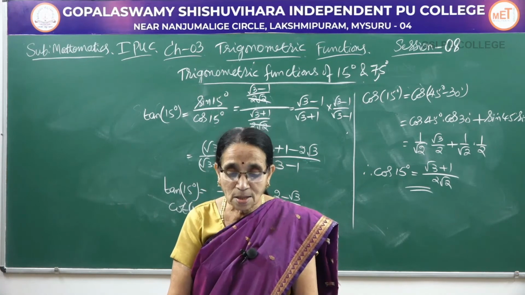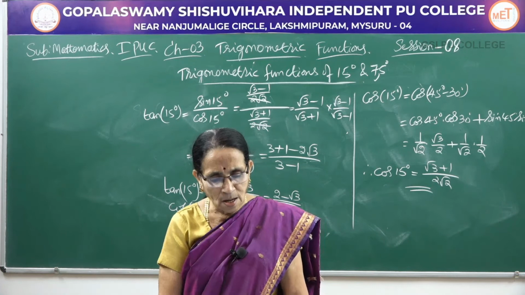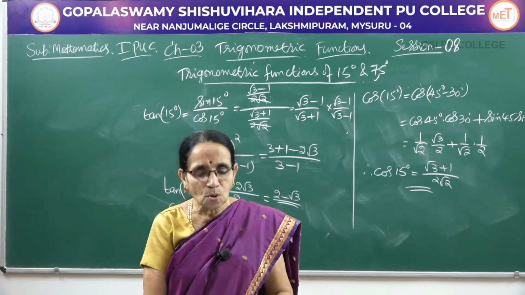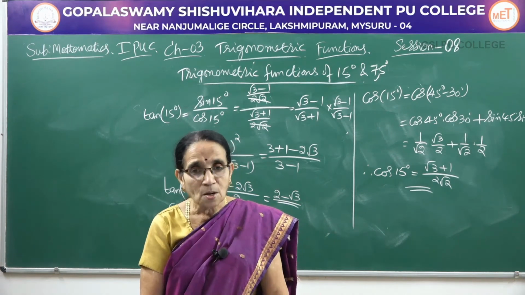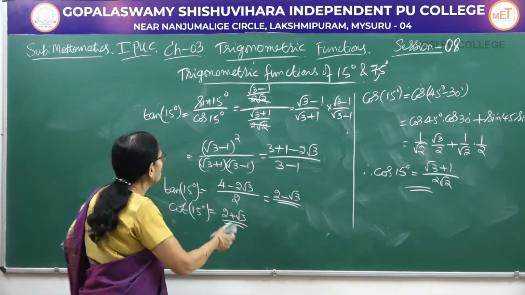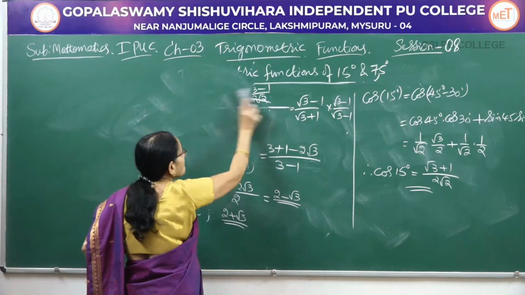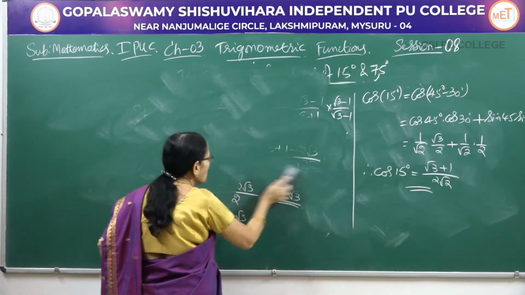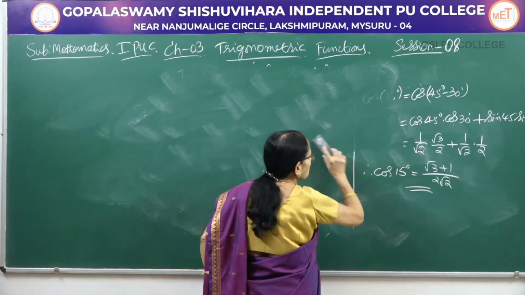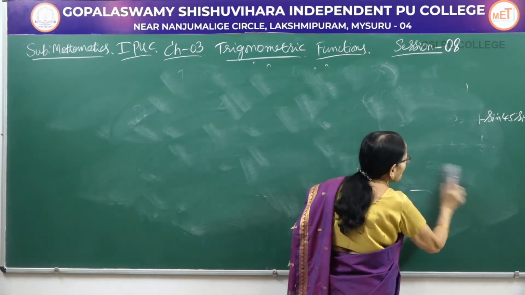So this is how you can expect all these problems for a 2-mark question, whether it is 75 degrees or 15 degrees. So using the compound angle formula, we can get the values of any particular ratio of a particular angle. For the derivation of cos of x plus y, it is asked as a 5 or 6 mark question. Usually it's a 6 mark question. For the derivation, 5 marks will be there. One extra thing would be asked in that one.